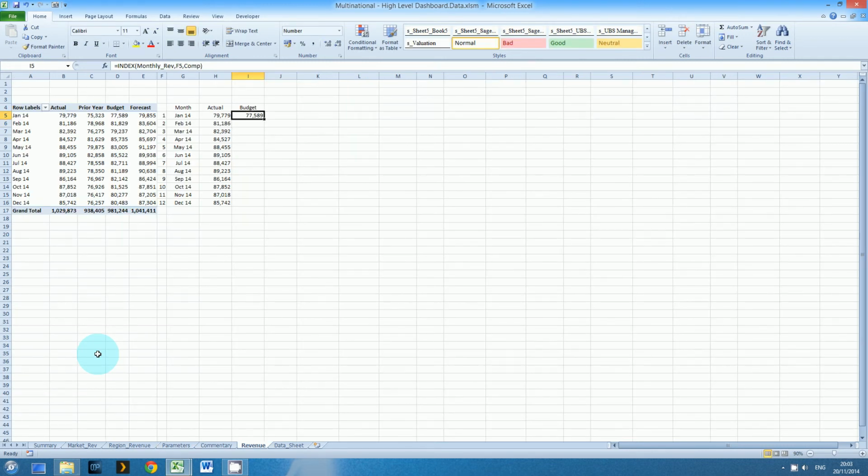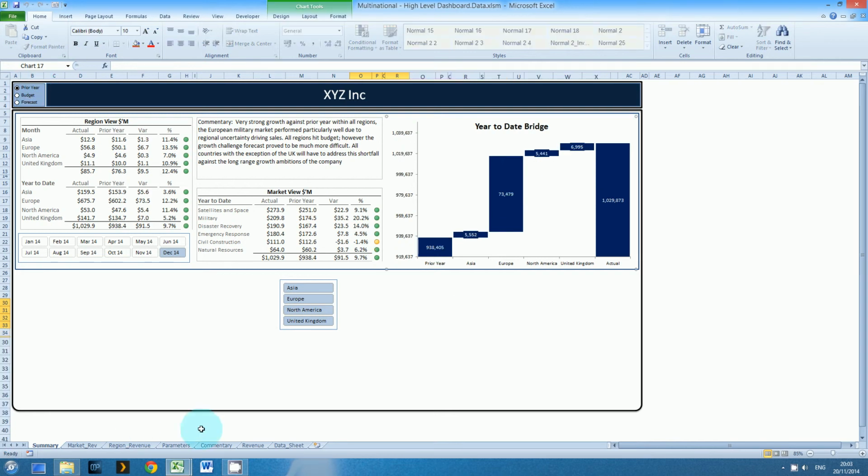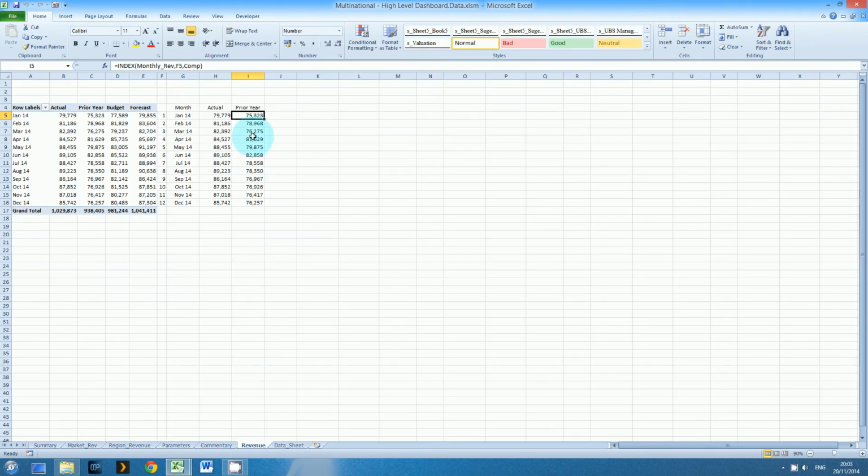So there we go. It's the budget. 7589. Very easy. Copy that down, and because we've put essentially a count in column F, keeps that nice. And if we now alter our prior year, if we go back to revenue, it flips over to prior year,